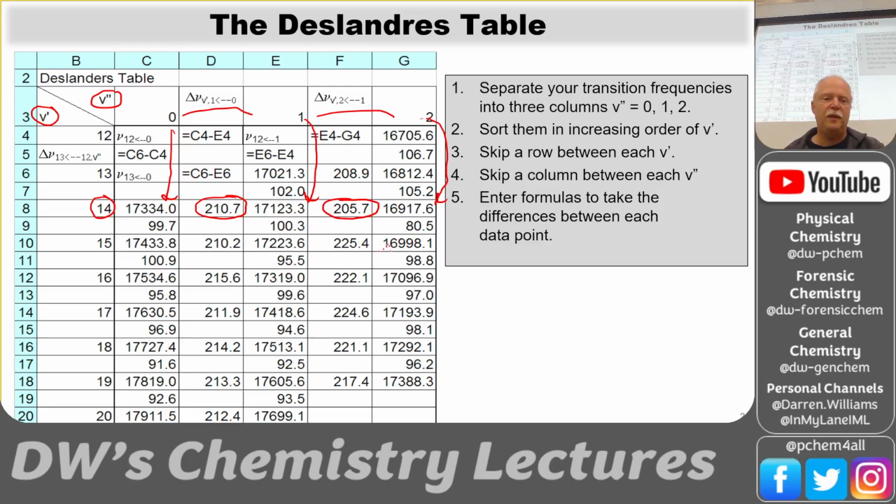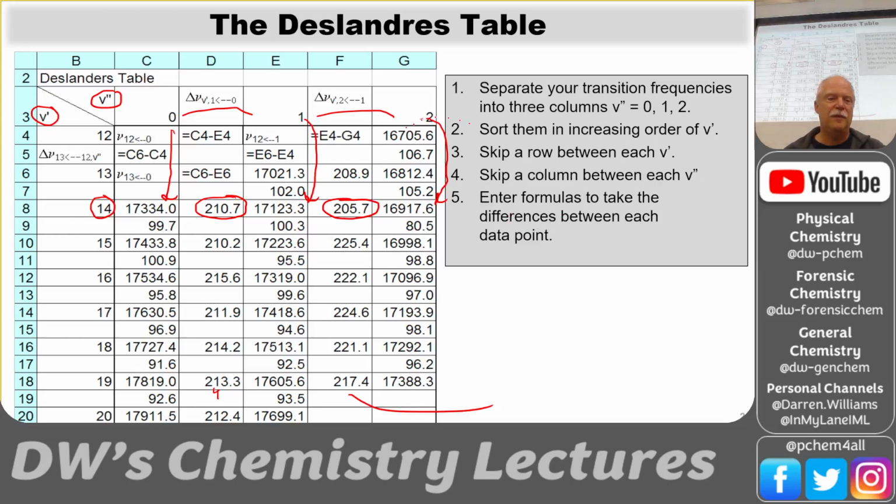We can see the difference between the ground state vibrations. If we were to average these columns, we'd have the average vibrational state from 1 to 2. And if we were to average this column, we'd have the 0 to 1 vibrational state. But don't bother doing that because the regression is doing that for you. The regression is doing all of these averages behind the scenes,